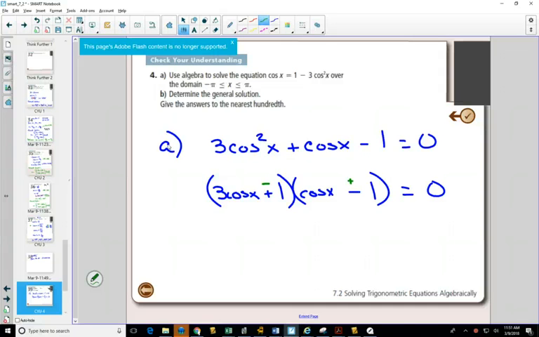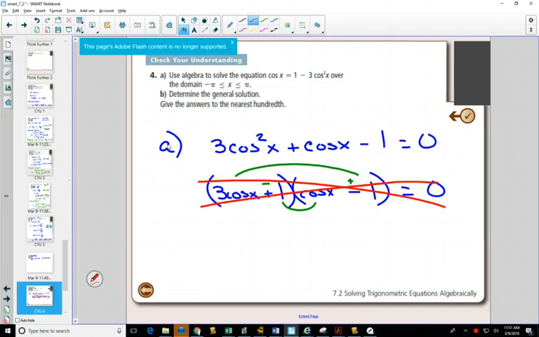But no matter which one of those I choose, when I check my outside and my inside, I'm going to get 3 minus 1 or negative 3 plus 1. Does that ever make 1? No. So when trying to factor this, it becomes apparent quite quickly that we can't factor this. And if you can't factor something and you're solving it, you're going to have to use your quadratic formula. So using your quadratic formula,